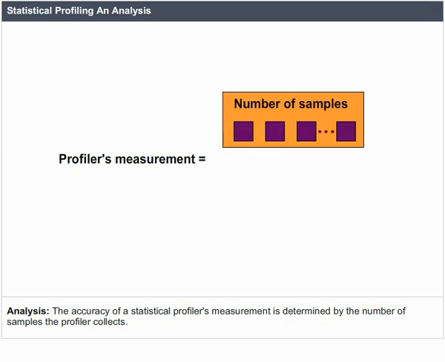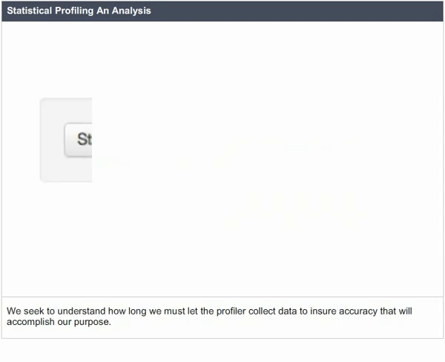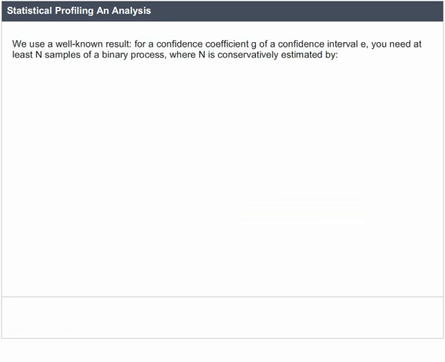Analysis. The accuracy of a statistical profiler's measurement is determined by the number of samples the profiler collects. We seek to understand how long we must let the profiler collect data to ensure accuracy that will accomplish our purpose. We use a well-known result for a confidence coefficient G of a confidence interval E. You need at least n samples of a binary process, where n is conservatively estimated by n = PQZ²(1 + G)/2 divided by E²,